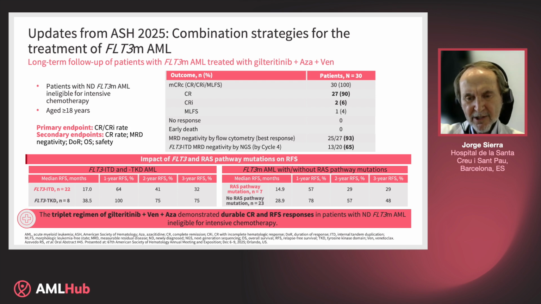And on the right of the table, you can see how RAS mutations, in addition to FLT3 ITD, confer adverse prognosis using this triple